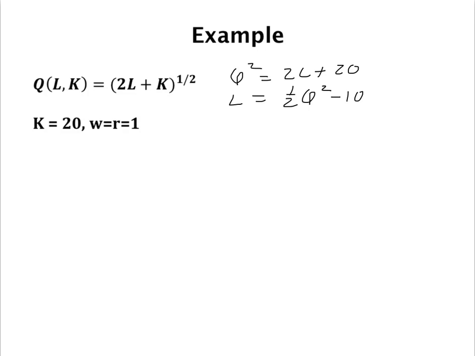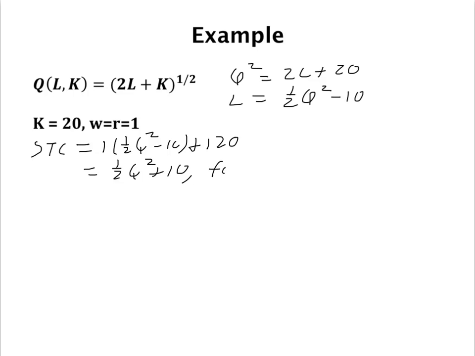We substitute the L and the K back into the expression for cost. Total costs equal 1 times (1/2 Q squared minus 10) plus 1 times 20, or 1/2 Q squared plus 10